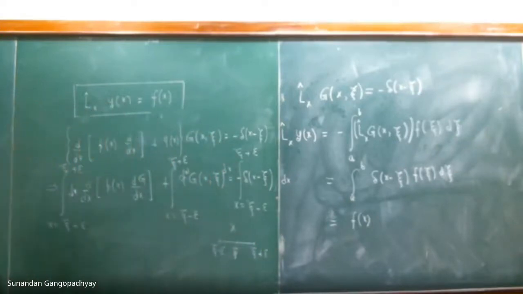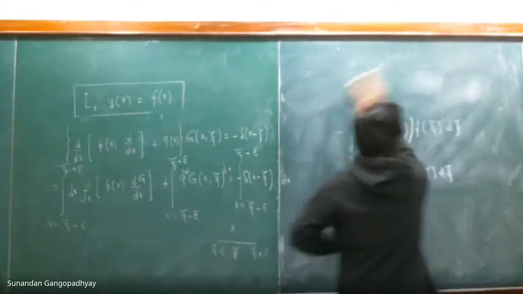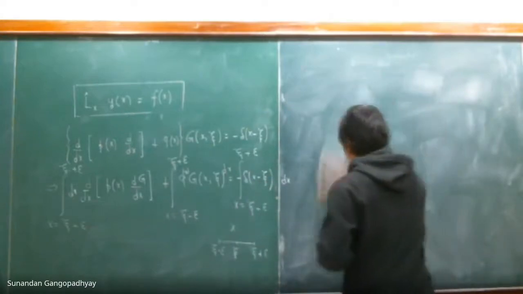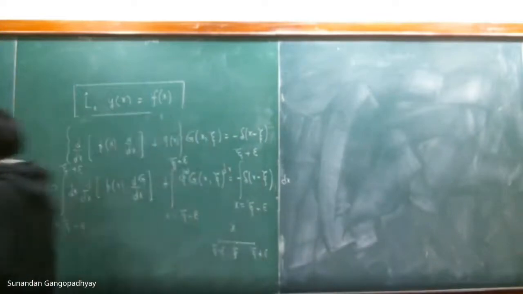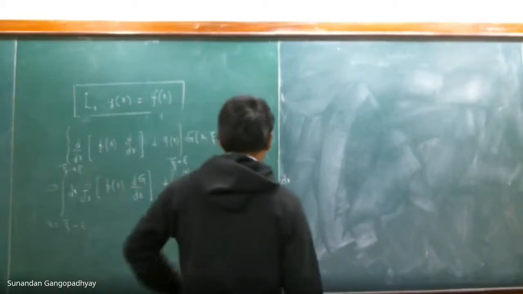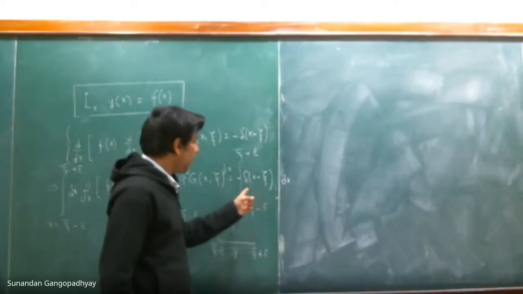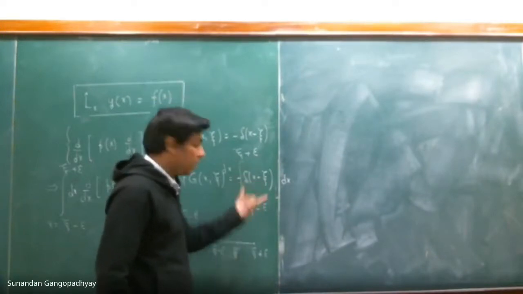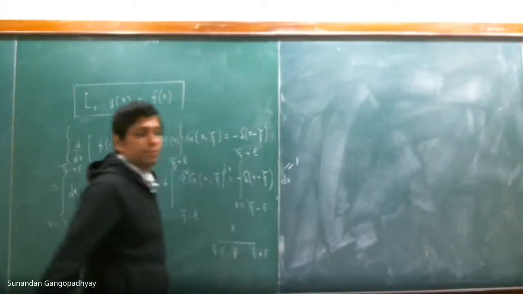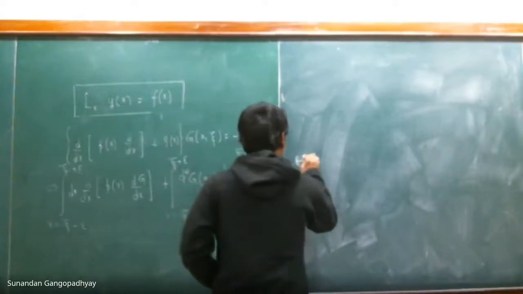So I integrate both sides with respect to x. If you integrate, what you will find is the following. This is a delta function. The point you are integrating and xi falls inside the interval. Therefore, this will give you 1. There is a minus sign in front, so you will get -1. So this gives us -1. The right hand side is -1.